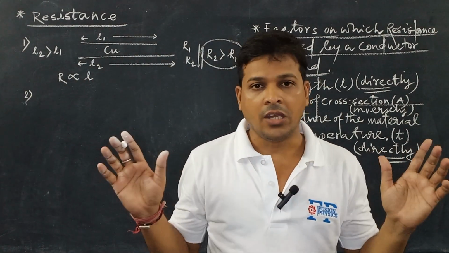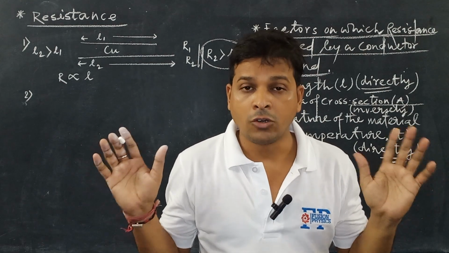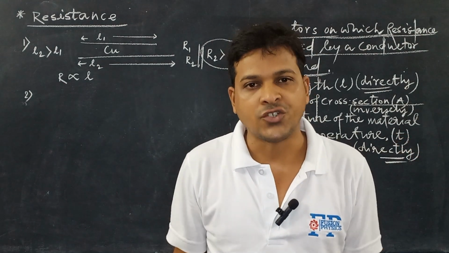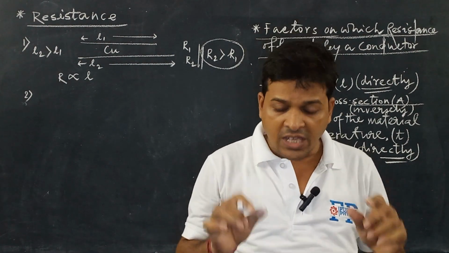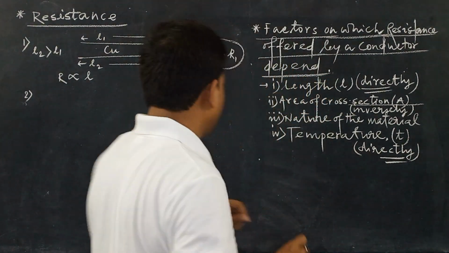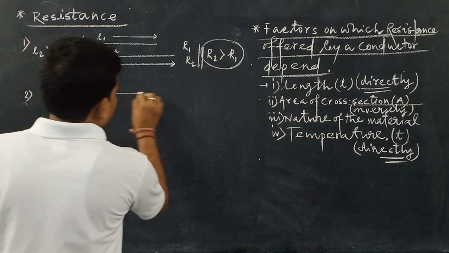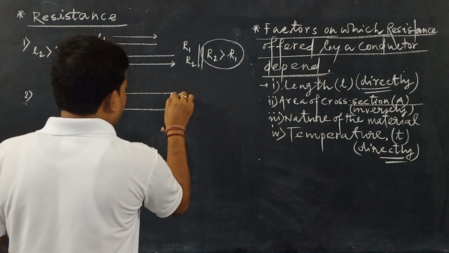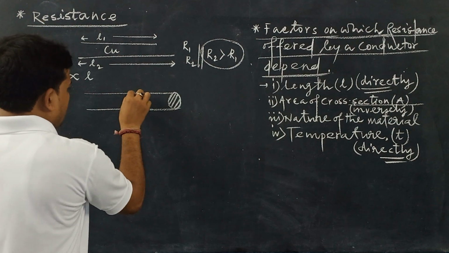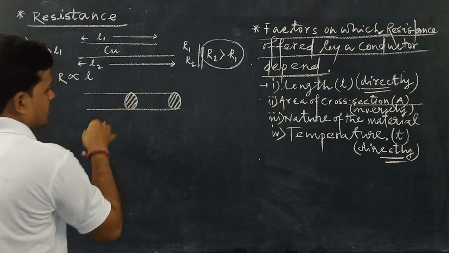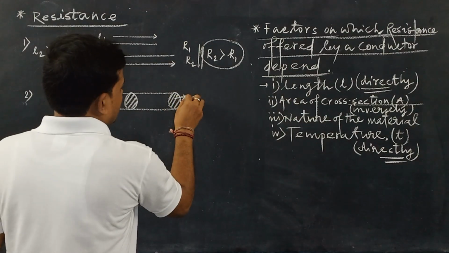Another one, let us just imagine the filament of the electric bulb. It is very thin and long in order to offer more resistance. A thin wire offers more resistance, whereas a thick wire offers less resistance. The thickness of the wire is considered as the area of cross section, that is a circular end. If we cut the wire at any one end, then we get the circular end of it, that is mathematically the area